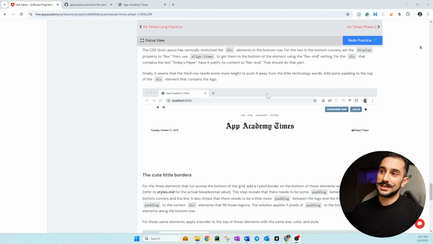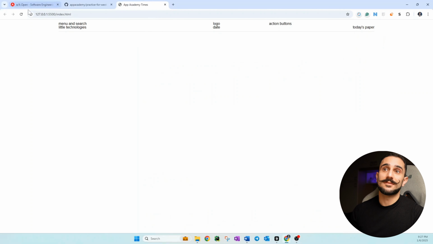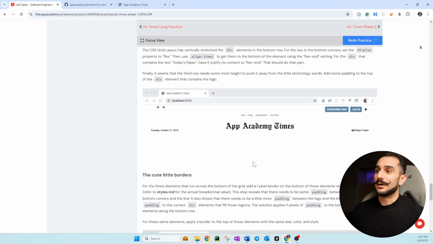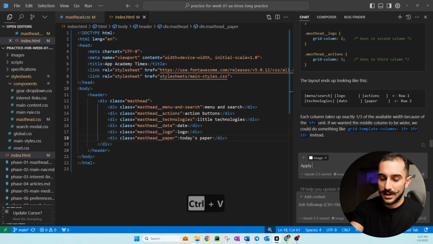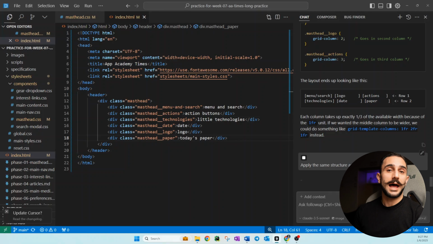How? Let's say from this structure that we have here, that we already created in the previous part, we're gonna get directly to this header, to this image, right? So the only thing we should do is to copy this image, go to Cursor, paste the image and say, apply the same structure as the image, and watch how the sweet magic happens.